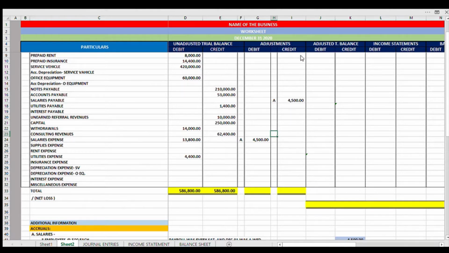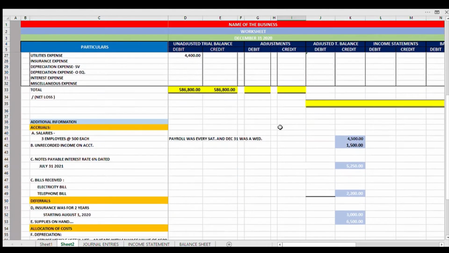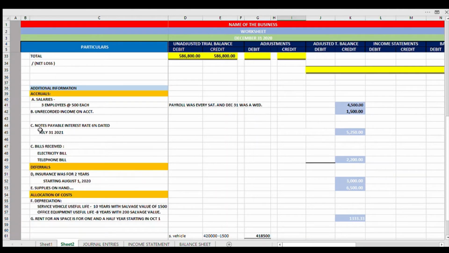Okay, yes, so 1,500. Okay, so far we have entered 2 transactions under these adjustments. Okay, so let's move on. Letter C, the notes payable interest rate is 6% dated July 31. So based sa ating computation, it turned out to be